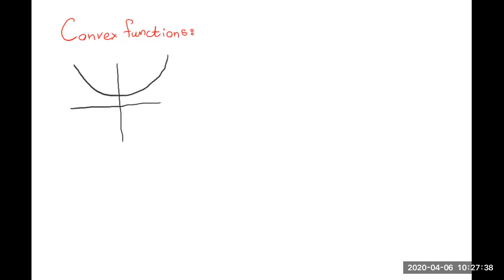Either it looks like this or like this or something like that. The point is that these functions have a property that if we choose any two points, A and B,